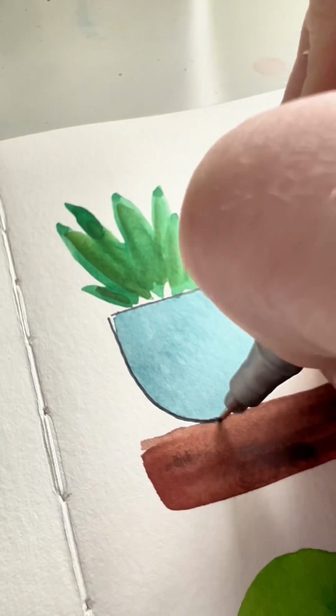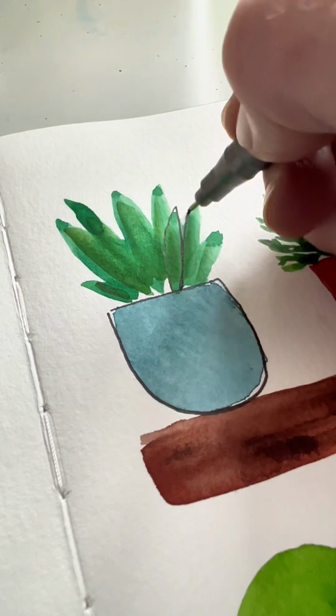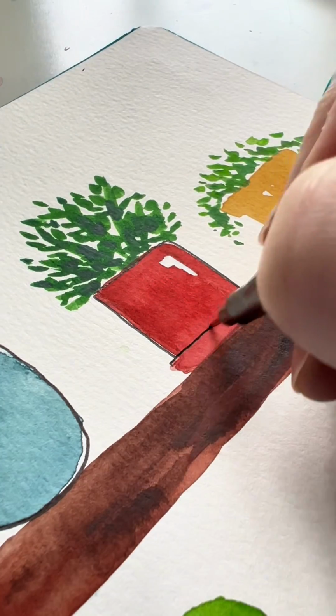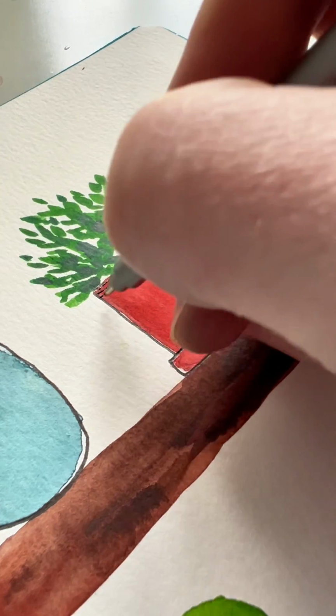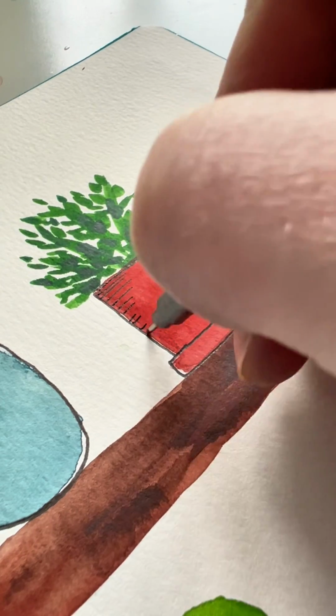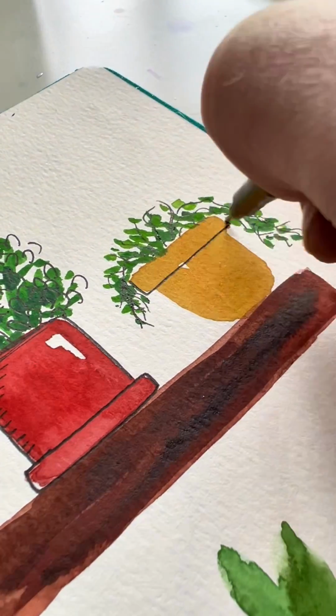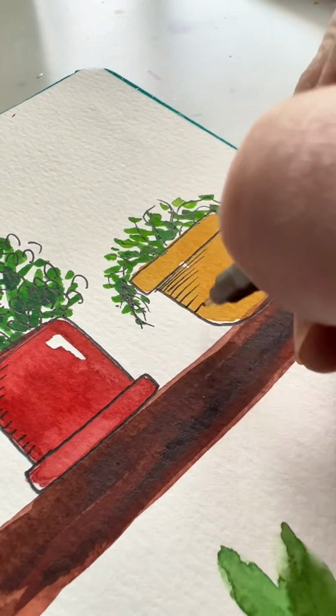It's kind of hard to get like a nice finished edge with watercolor, and so adding the pen on top really does make it feel more complete. I also think it gives it kind of like an illustrative look, and if you do just some little tiny lines on one side, that's gonna add just the hint of a shadow that makes it look fancy